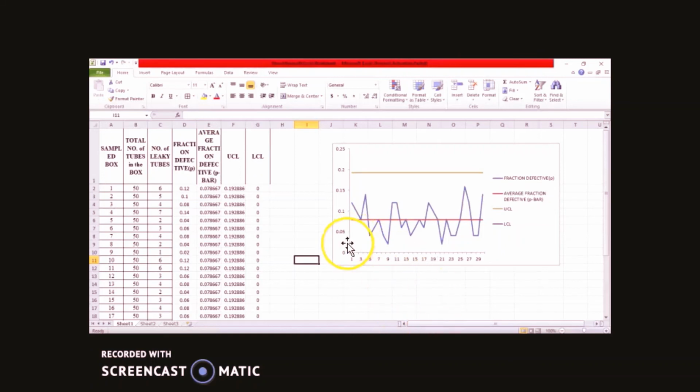So in this session today we explored the concept of a control chart for attributes, what attributes basically are, and what the different types of attributes are, and among the types of attributes we picked the first type for discussion today, that is your control chart for fraction defective, the P chart.